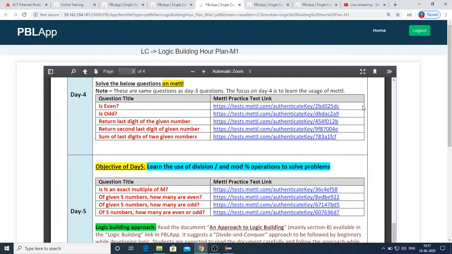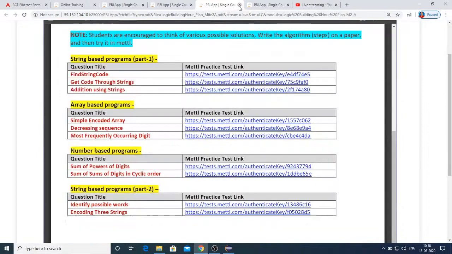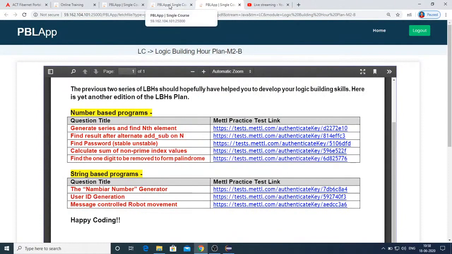And as I just mentioned, any problem you are unable to solve by making all the test cases pass, do let me know in the WhatsApp group or in the comment section, so that I'll say how I have solved it, and I'll share my solution, which you can use as reference. And if you have further optimized code, you can share it. That's the advice I would like to give with regard to these logic building problems. So start working on these logic building exercises. M1, M2A, and M2B, you have these logic building exercises.